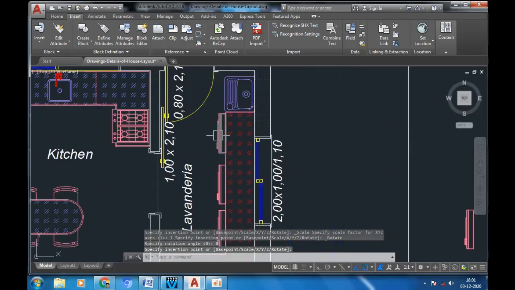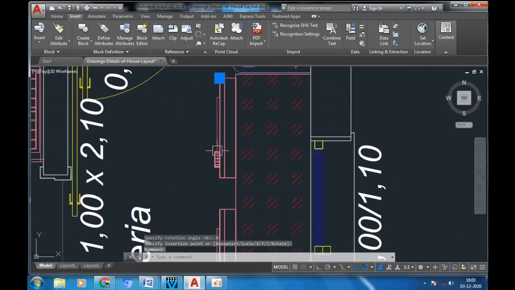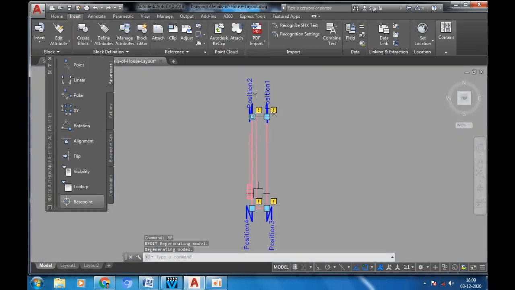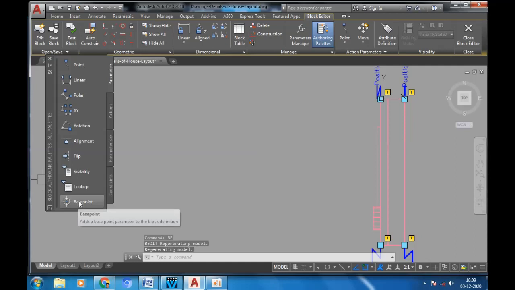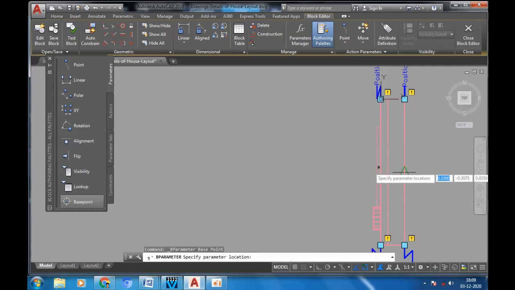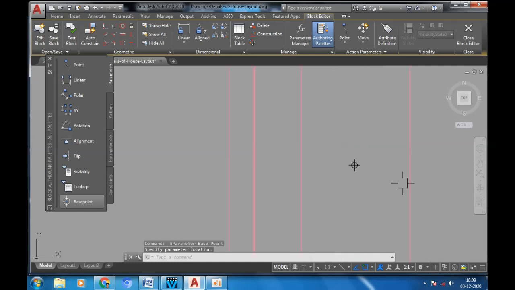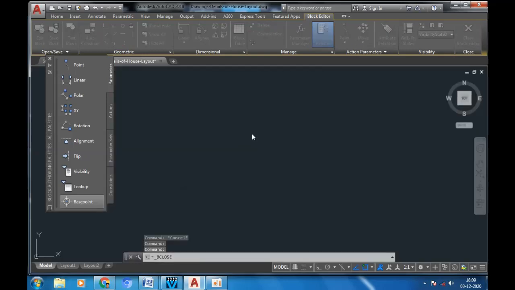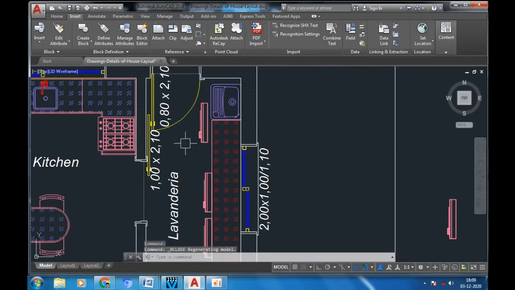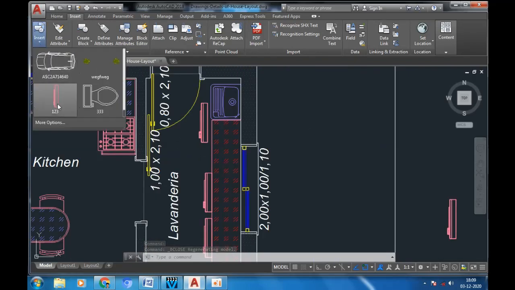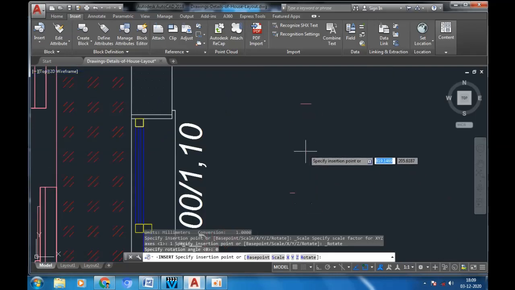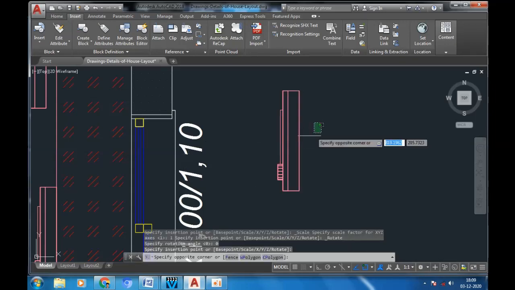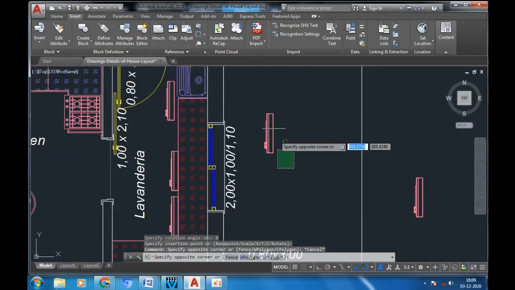If you want a permanent place point, just open the plaque edit option and click the base point option from the plaque authoring palettes. Select your base point location on this object and close the plaque edit option. Again go to the insert option and select the object. Now you have the base point by default. Then you can place it. That's it. Next I will explain the alignment option.